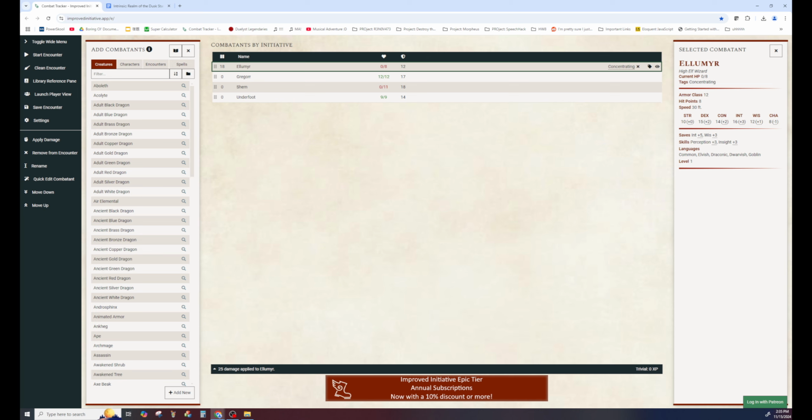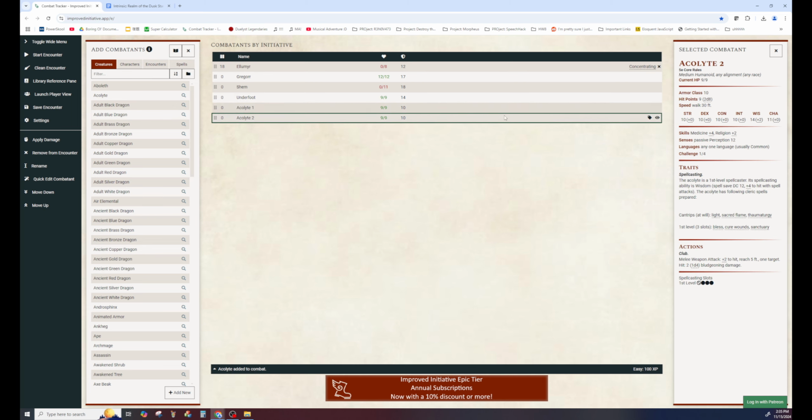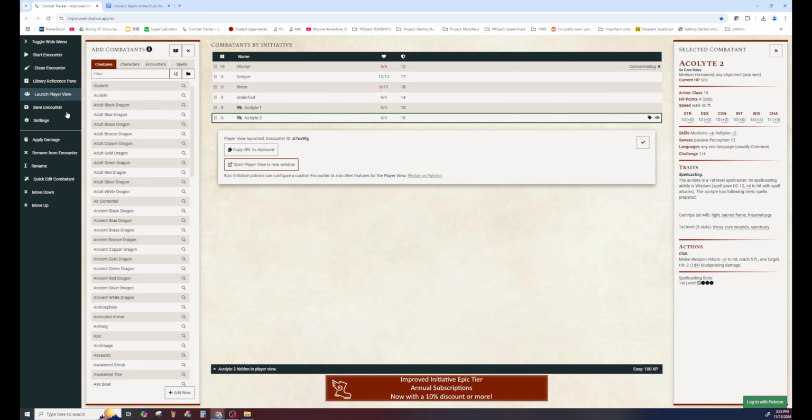One more thing I'll show you, because it's right there, is I can press this button or select them and press H, and it will hide this person in the player view. So let's say there are a couple of acolytes sneaking up on the party. I want to be able to mess around in this panel, but I want the acolyte out because I want to see what they can do. Well, I can hide them, and if I launch player view,